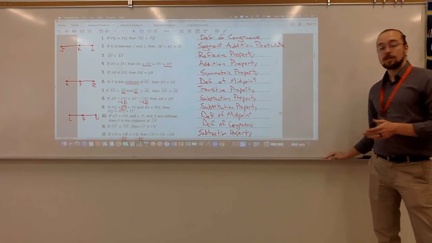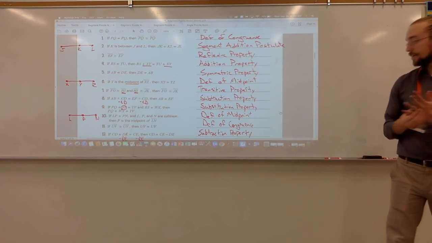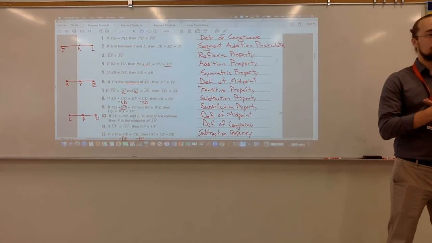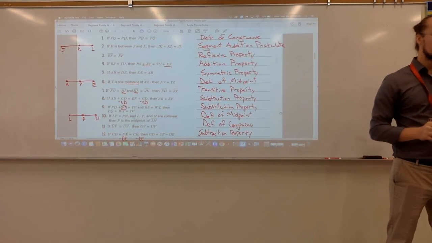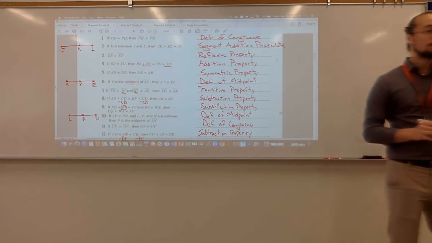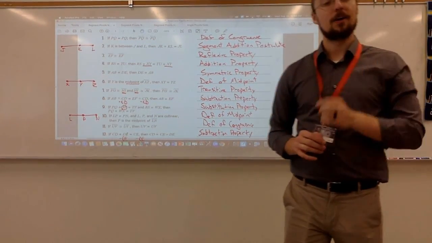Any questions on recognizing these properties? Will we have this on the test? No. I'll use it as a word or something. Yeah, it's going to show up a lot. That's why we have this. We're going to work with